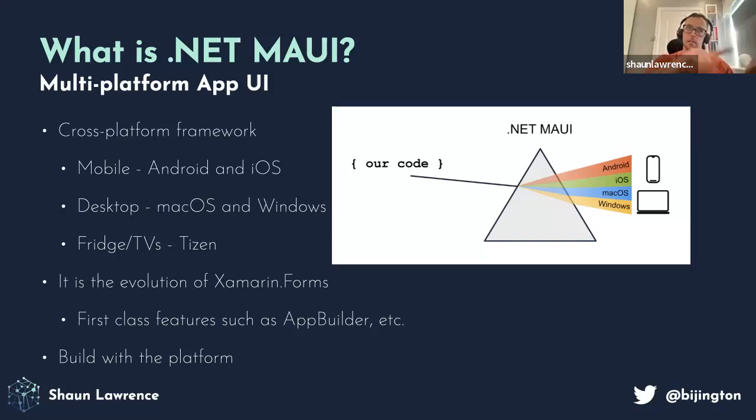Now the Mac OS part is done through the Mac Catalyst functionality provided by Apple, which is essentially running an iPad application on a Mac with some extra bits around it, so you can show the menu bar at the top and other bits that you can hook into the Mac ecosystem. And then there's also, if you so wish, the ability to run on smart fridges or smart TVs, and that's through the Tizen platform, which is provided by Samsung.